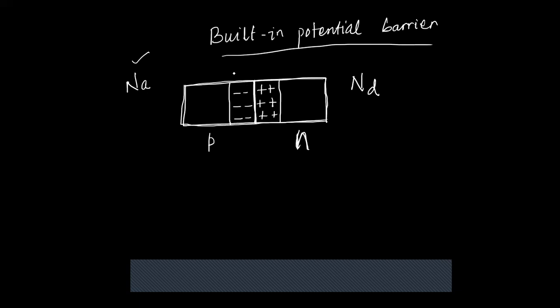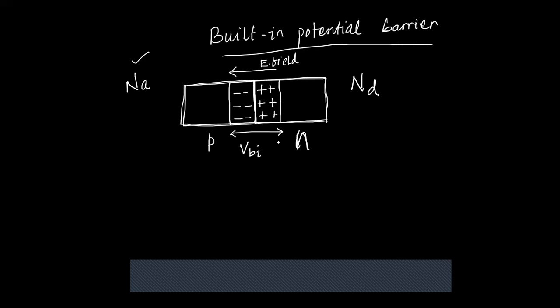So overall, you can see an electric field is created over here, and this electric field prevents the further flow of negative charge carriers from the n region to the p region, or further flow of holes from the p region to the n region. And that's why we said a built-in potential barrier is created, and we wrote it in the notation Vbi. B for built-in, potential is V, so built-in potential barrier. And this region we said is the space charge region or the depletion region. This is what we did.